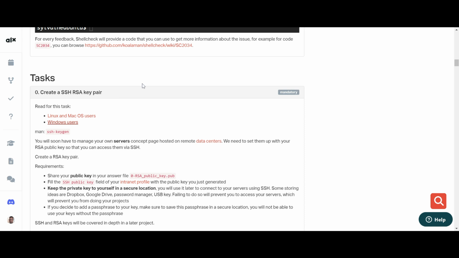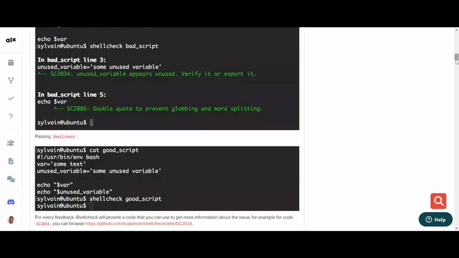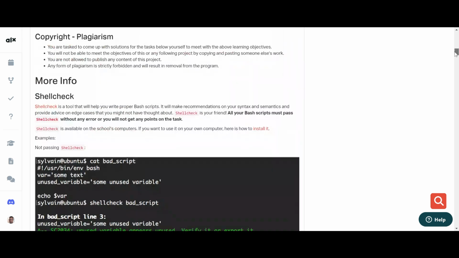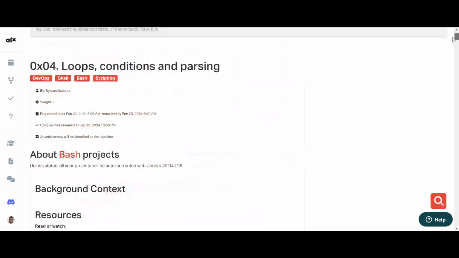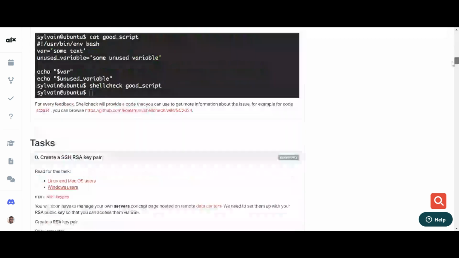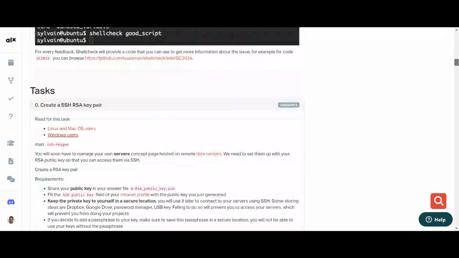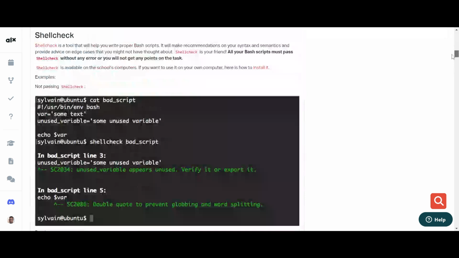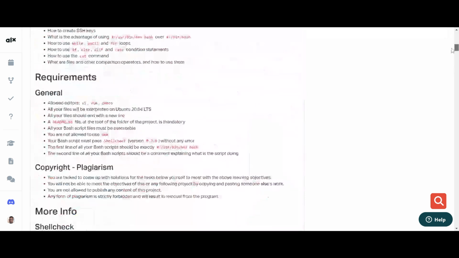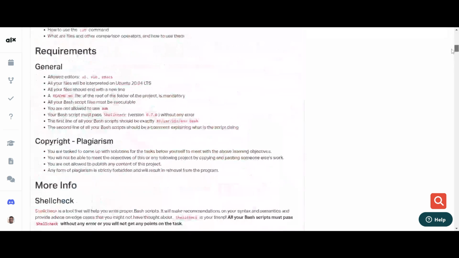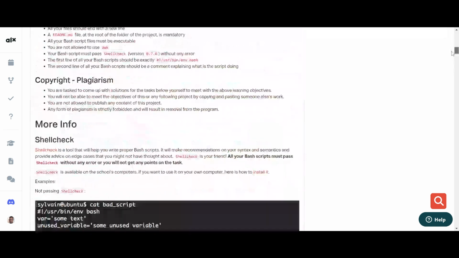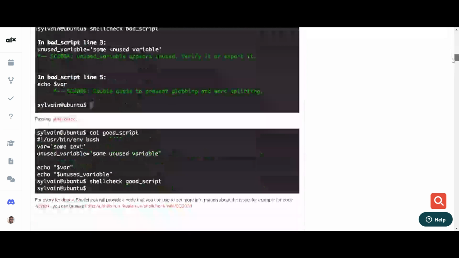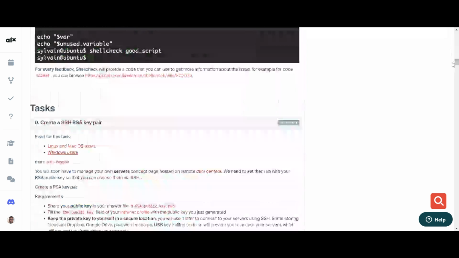Now I want to go quickly to the tasks. For the questions, I have already done them. These are the questions. I think there are around 42 questions, but I have done them. No need to go through those questions because they are simple. First, I want to dive immediately